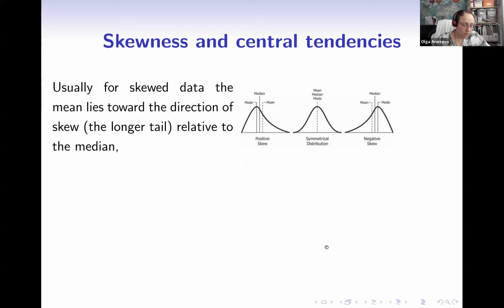So we usually learn from a statistics course, statistics module, that in a symmetric distribution, indeed mean, median, mode coincide. If you have negative skew, then we learn that mean, median, and mode are in this order. And in positive skew, mean is always to the left of the median, right? It sort of is diverted towards the outlier. That's how we learn it.